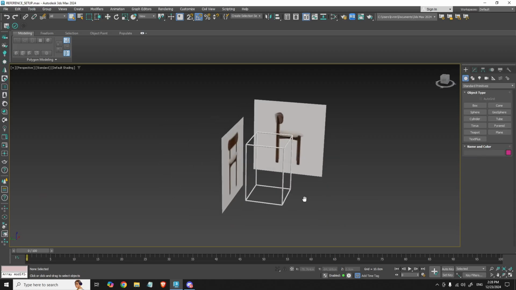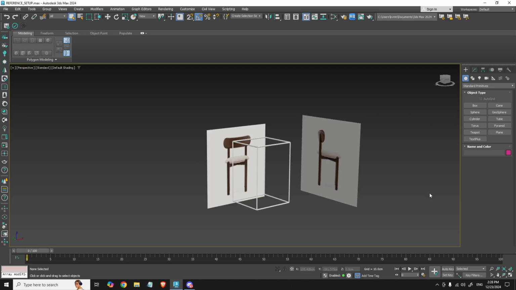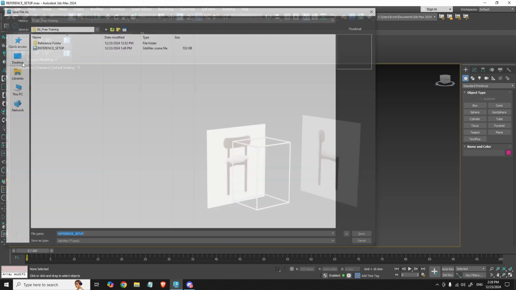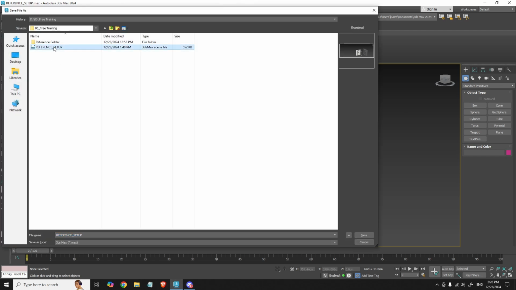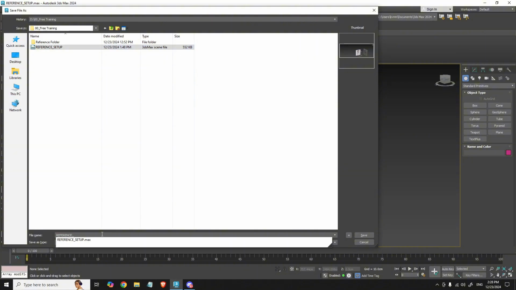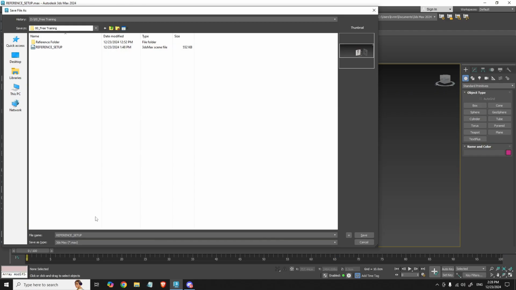But now, last but not least, what we need to do with this scene is to save it so we can continue from where we left off on the next lesson. To save it, I will just go on File, and right here I will click on Save As. As you can see right here, I have already saved my file, but pretty much what you need to do is to go on the file name, type the name, I will set the name to reference setup, and I